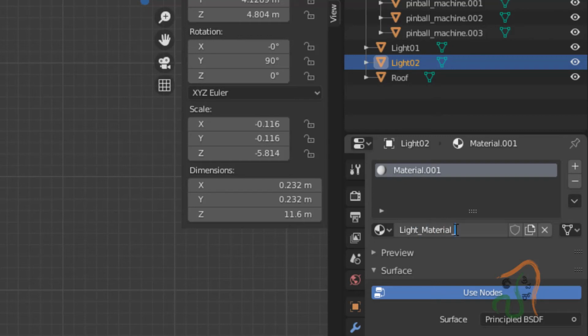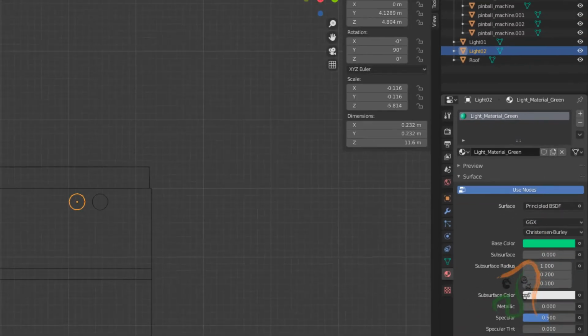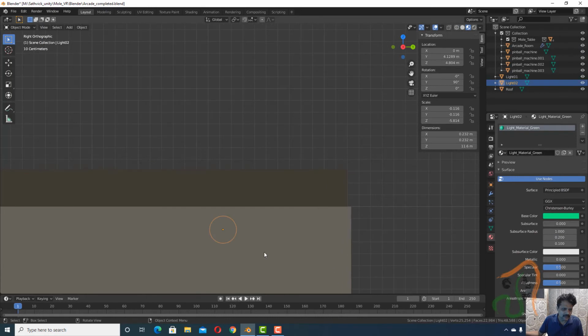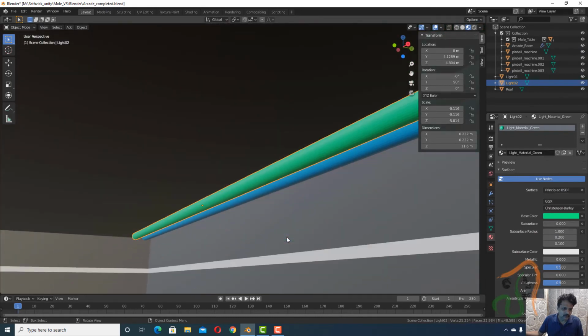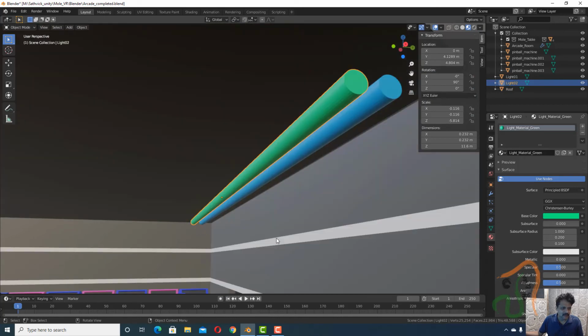Say for example, let us add green. Click here and choose a bright green color, and then if you come to the shading mode and see it inside, we have one blue and one green light present like this in the arena.